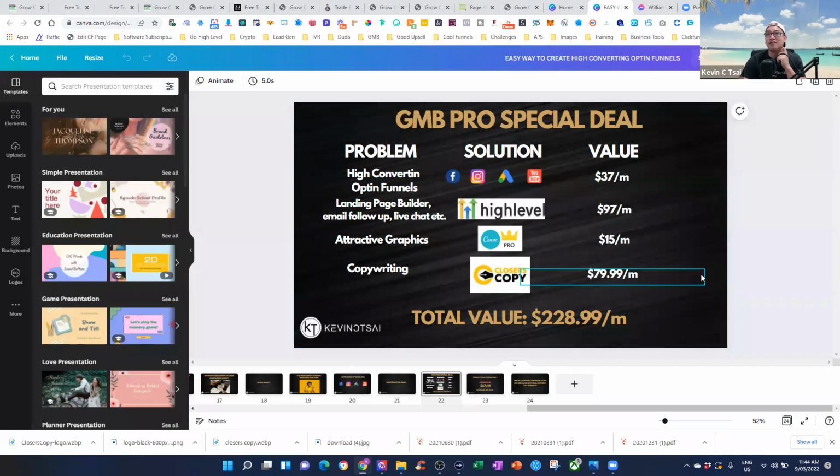You probably have, I don't know, there's so many tools out there, but one of the best. Well, I wouldn't say best. I mean, look, Jarvis is still great, but Closers Copy is getting up there, right? Now, for those of you that have heard of this tool, I'll show you very quickly, because what you want